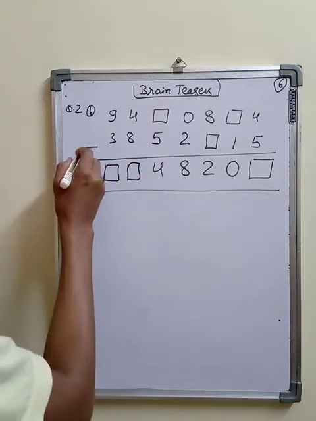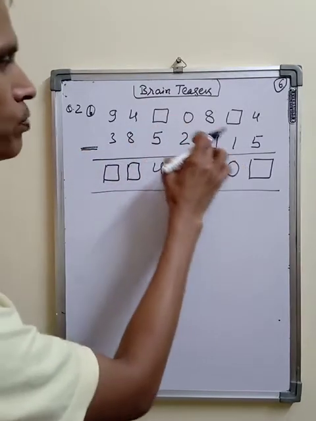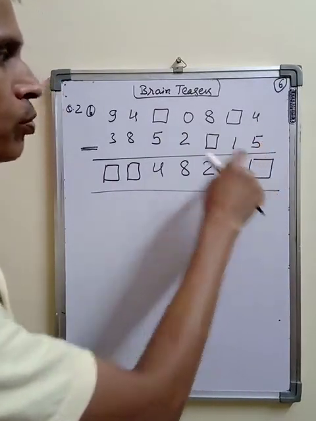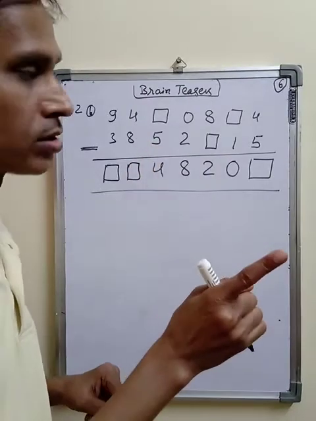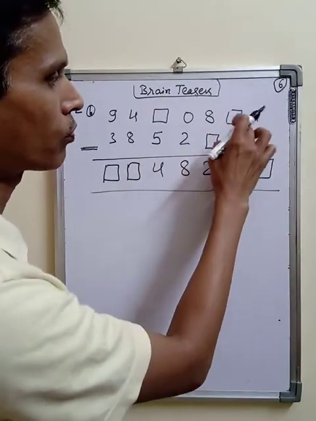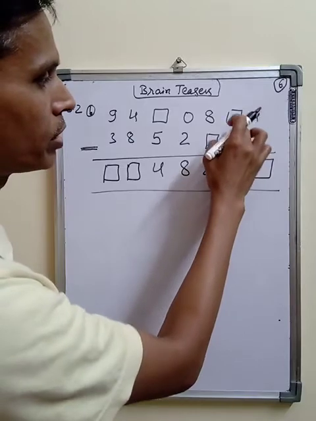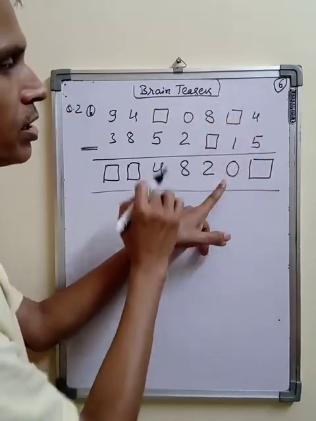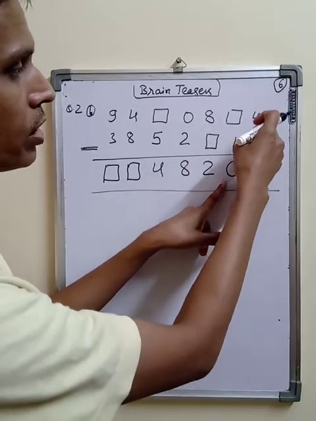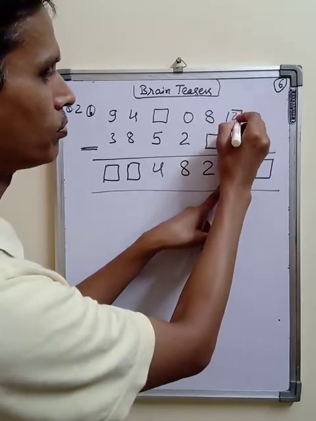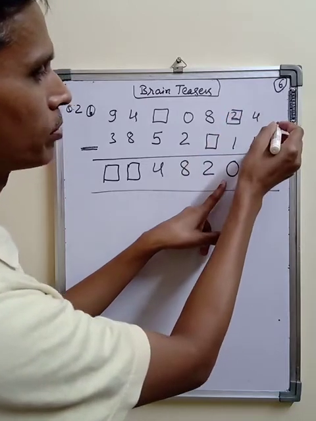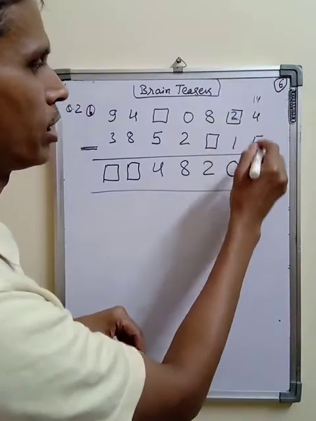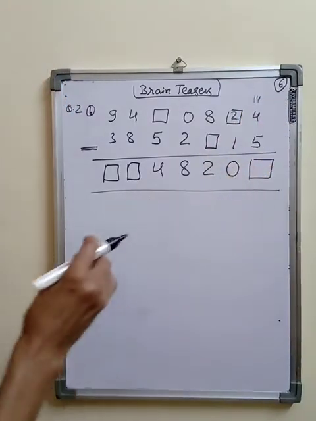It is given here, subtraction is given and we have to fill this box. So see carefully. 4 minus 5, what will come? 4 is not possible in subtraction. It means we have borrowed from here. Already 0 is given here and 1 is given, and 1 borrowed from here, so here 2 will come. That 1 we will give there, so it will become 14. So 14 minus 5, this will be 9.